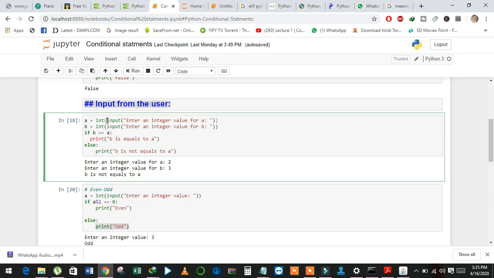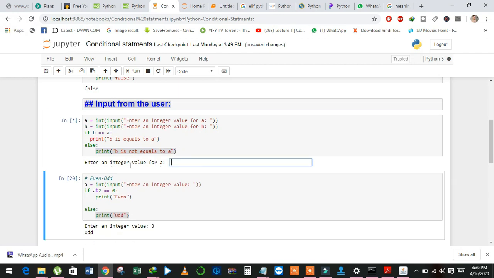That's why I converted the input value into an integer, and the same for b. And see here, if b is equal to a, then print b is equal to a. In the else part, print b is not equal to a.